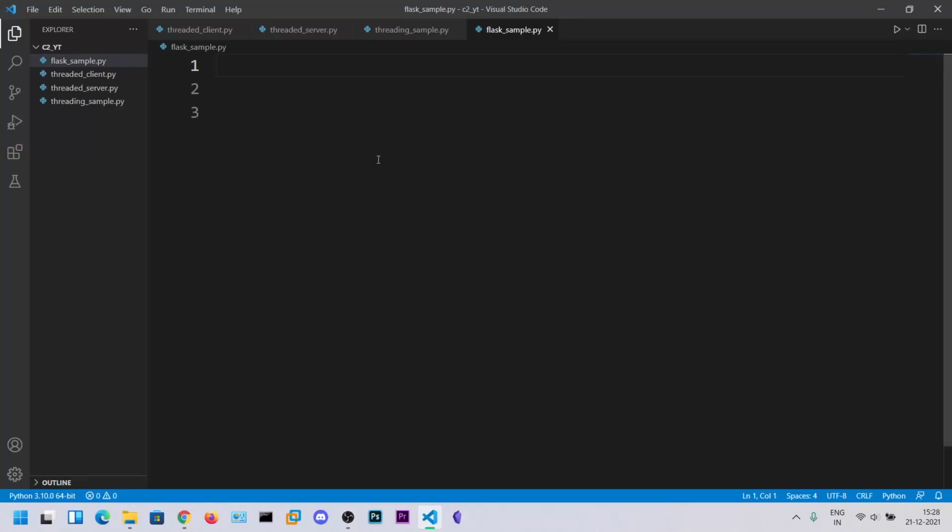So in previous videos we have seen the multi-threaded socket server, and now we will be seeing the basics of Flask. So we will be building a very simple web application. For that we will be learning Flask. Flask is a Python framework. You can Google for more Python web frameworks. You will get more than Flask. You will get Django, etc.